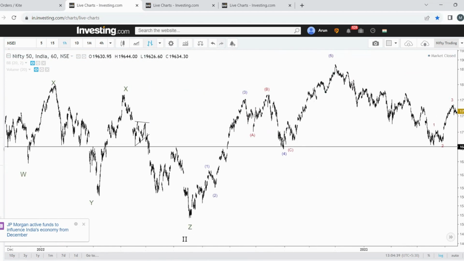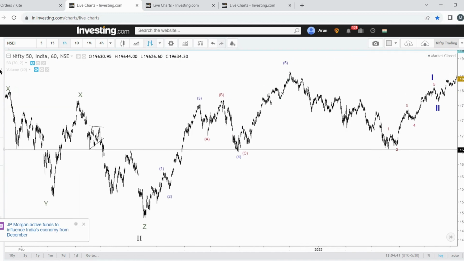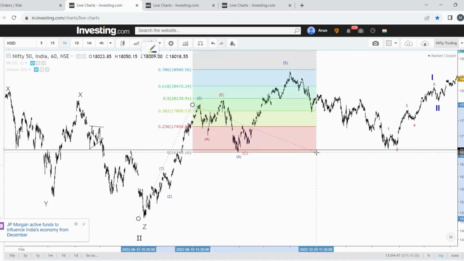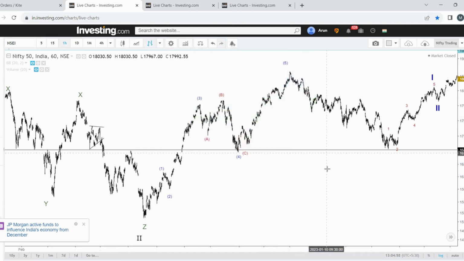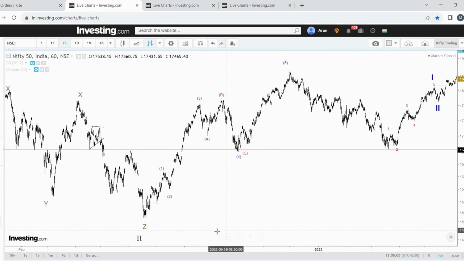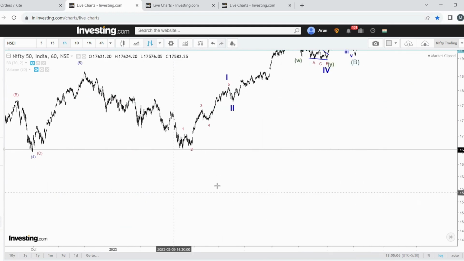See, extended is more than 61.8% of the wave 1, 2, 3 distance. See, it crossed above 61.8 and almost reached 78.6%. Okay, these are some small pieces of information. So the irregular pattern signifies more strength in the trend. Okay,